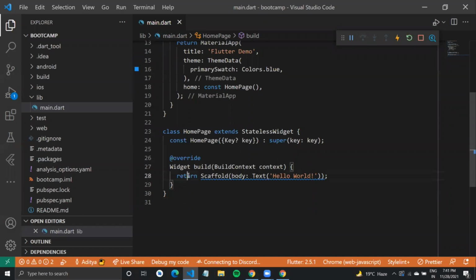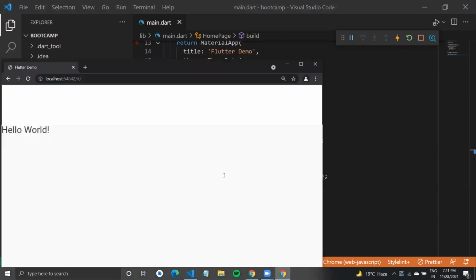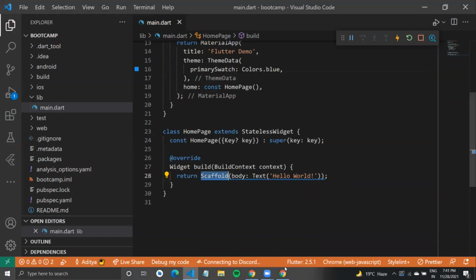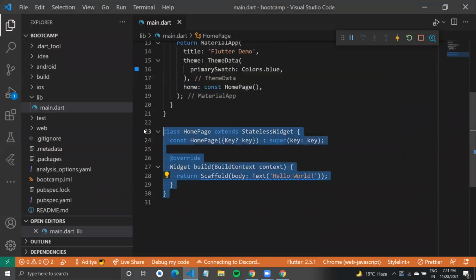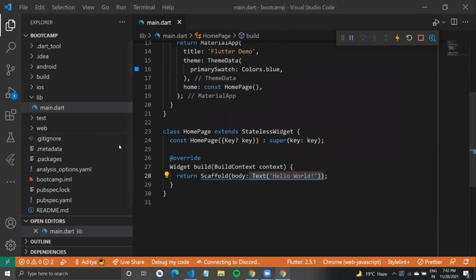In our case, we are returning something called Text, this text called hello world, and that is what we are seeing on screen. Hello world is visible on screen right here, and this is another widget, Scaffold, which I have used so that this font appears better. As you go with Flutter, you will learn what it is and get to know it better. But this is the most basic code. It tells Flutter what to return on screen, and you can just pass in the text that you want to show. It will build the hello world application.